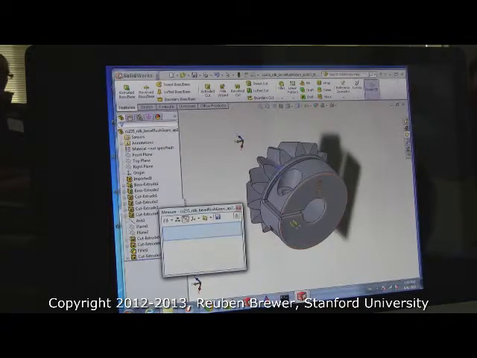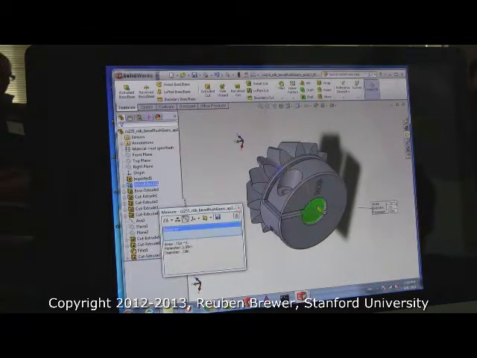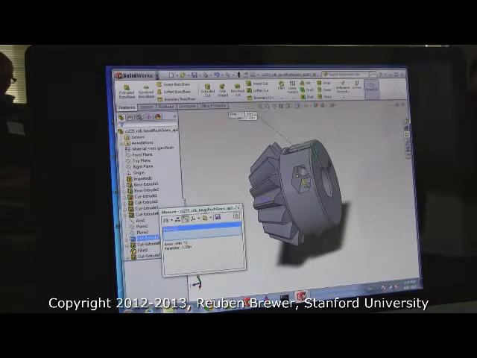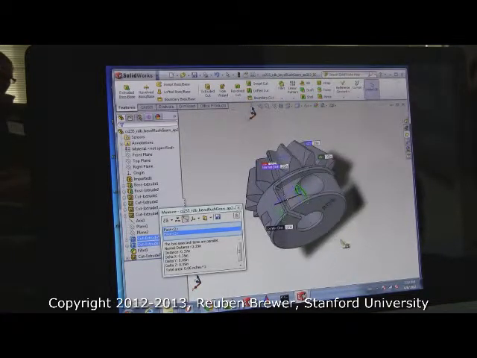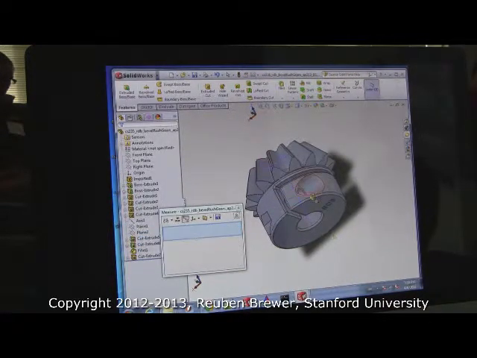Tools, Measure. You'll use this all the time. Click on this diameter, and it tells you the diameter. Click on this face, and this face, it tells you the distance between the two. If you think your part is done, please don't send it to me until you've gone through and measured things